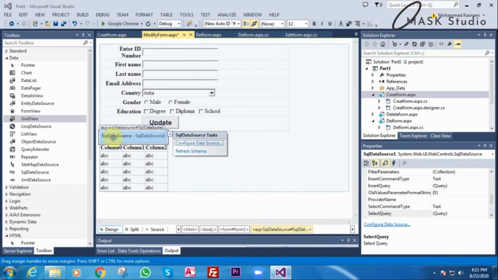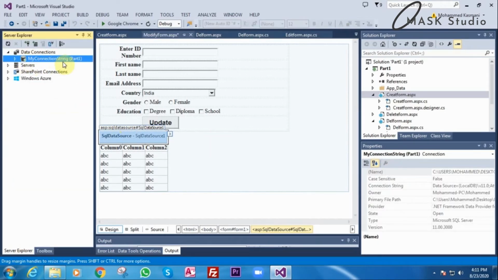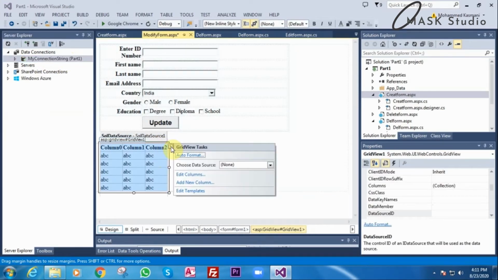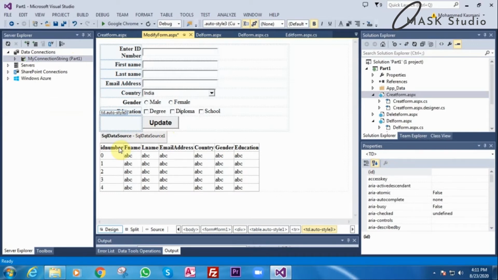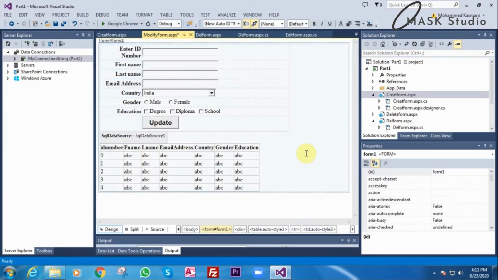So the SQL data source is configured with this connection here, my connection string. Now we will configure the grid view with this SQL source. For this, just click here, click the arrow and click here. So it's already configured. You can see the ID number, F name, L name, this.